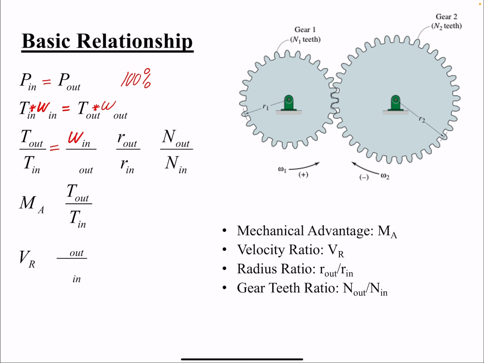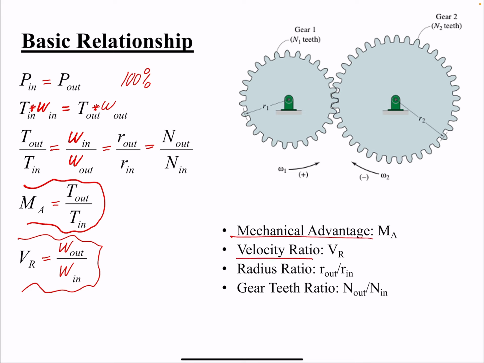So omega in, omega out, R out, R in, output and input. That's the mechanical advantage, and that's the velocity ratio. In a lot of problems, you want to know what the mechanical advantage is and what the velocity ratio is that you have. So remember these two